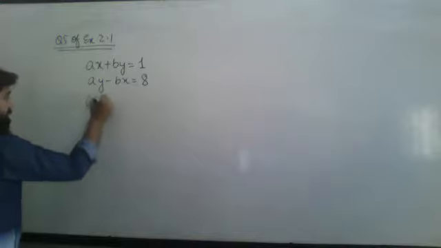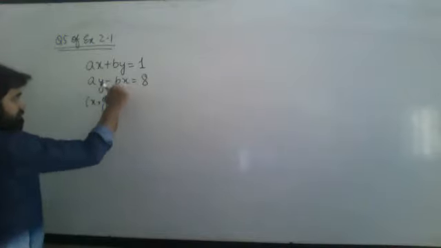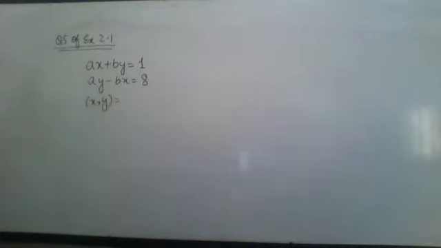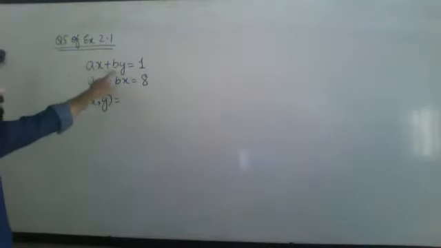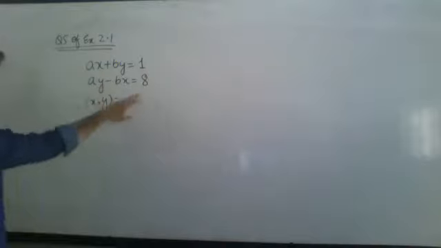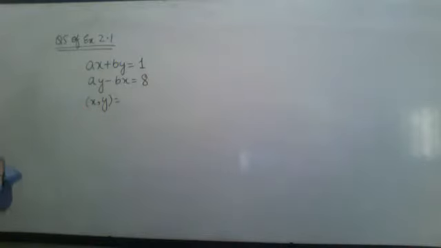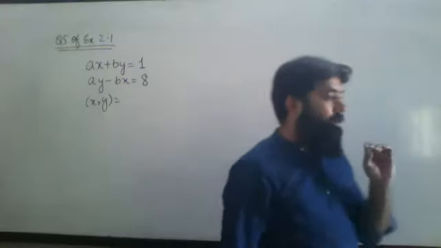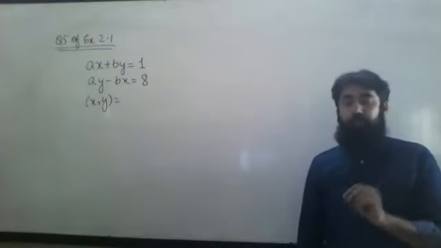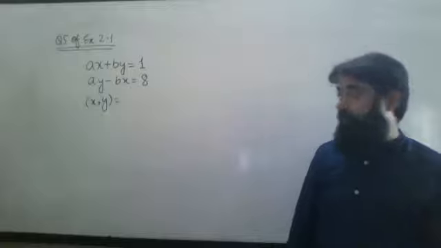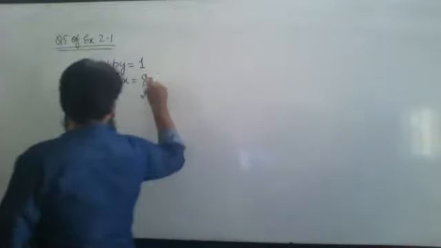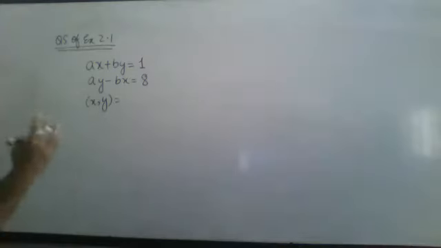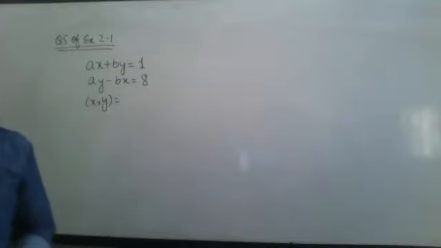Solution set of these two equations which are given, because you can see there are four unknowns: 1, 2, 3, 4. I've told you that the number of unknowns should be equal to the number of equations which should be given to me. But over here I've got only two equations and four unknowns in both equations.